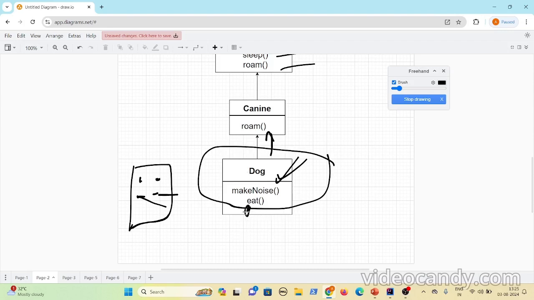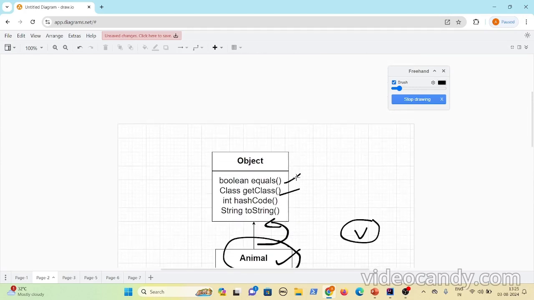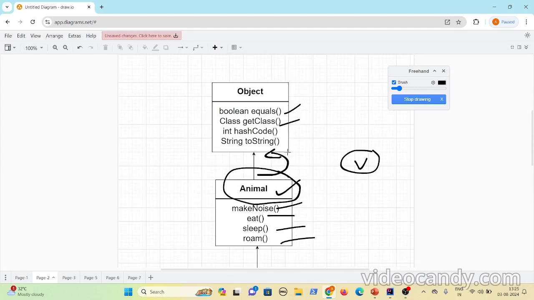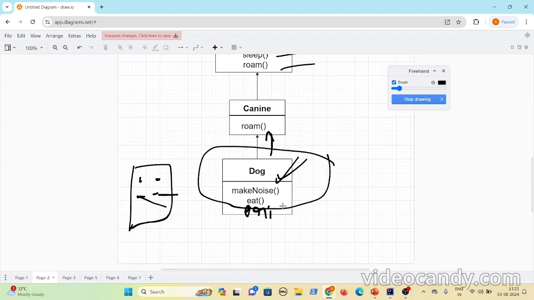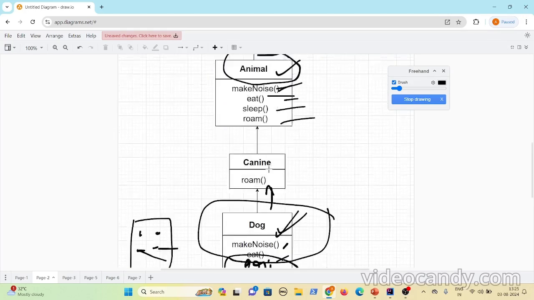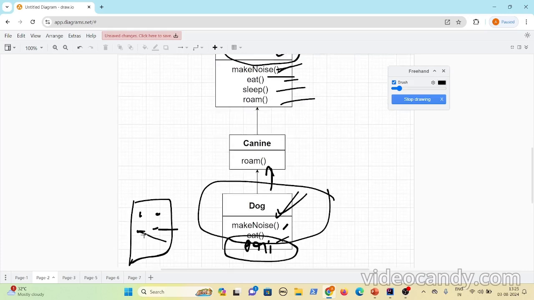Let's say you have this print features present only in the dog. Now initially, the dog reference variable will have buttons for 1, 2, 3, 4, these 4 methods, and then these 4 methods 8, and then it will have for print features also. These 2 methods are already present here, it's just overriding it, right? So it will have 4, 4, 8, 9 buttons.